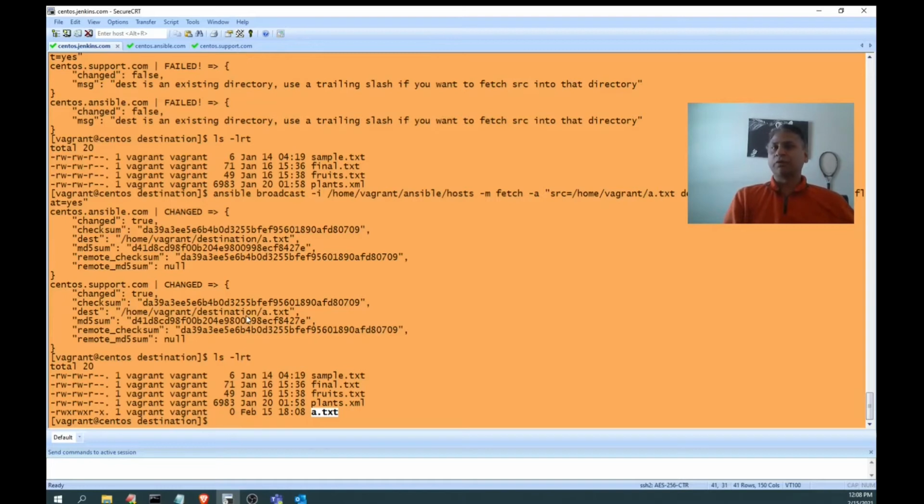That's it. So I hope you would have got some good idea of how to use help and how to define or declare that command for this Ansible from the command line.